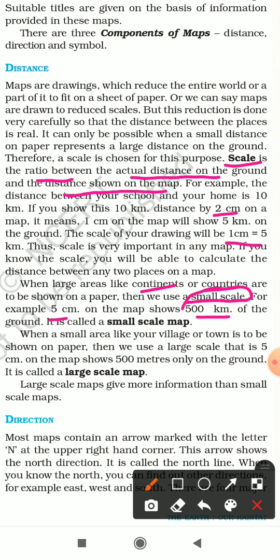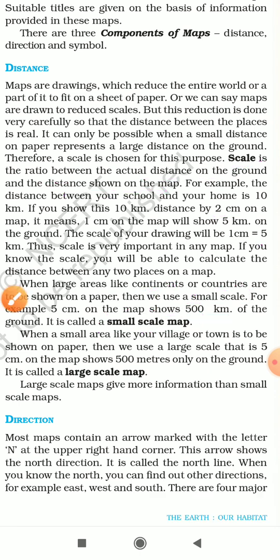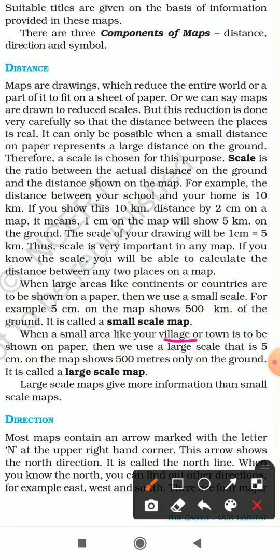This is called a small scale map. Another type is when a small area like your village or town is to be shown on paper, then we use a large scale. That is, 5 centimeter on the map shows only 500 meters on the ground. This is called a large scale map.